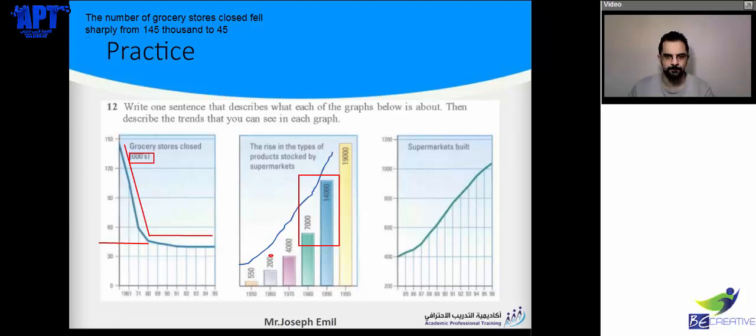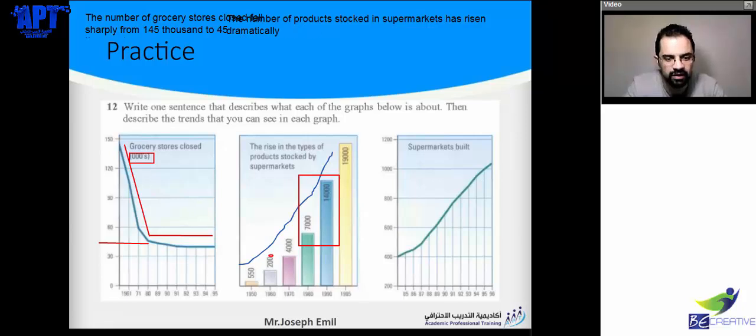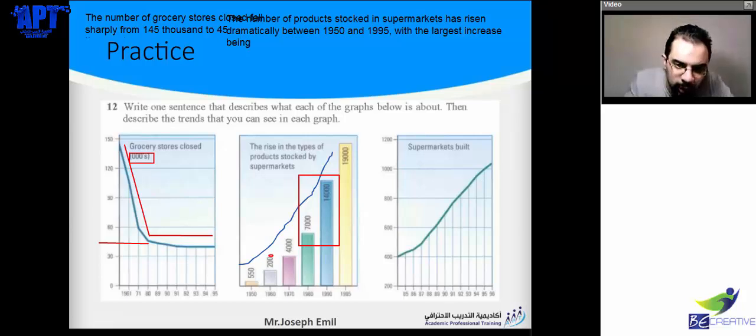So, let's say that the number of products stocked in supermarkets has risen dramatically between 1950 and 1995, with the largest increase being from 7,000 to 14,000, that's double,